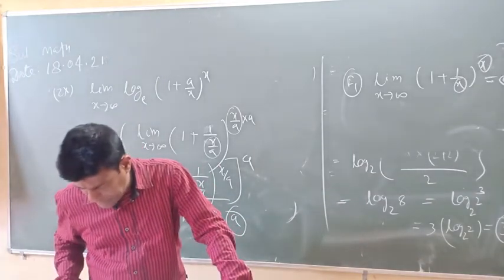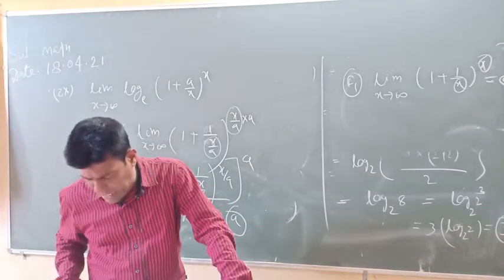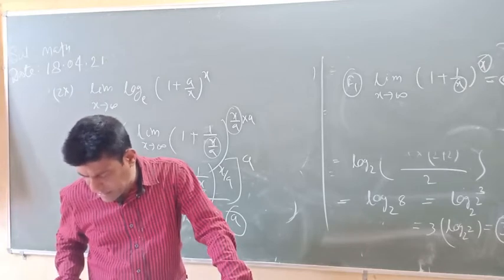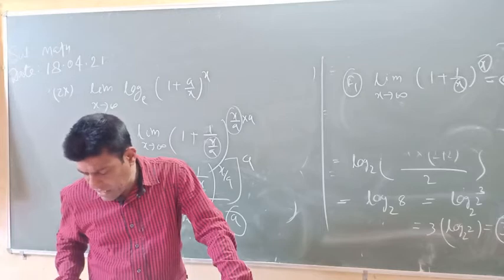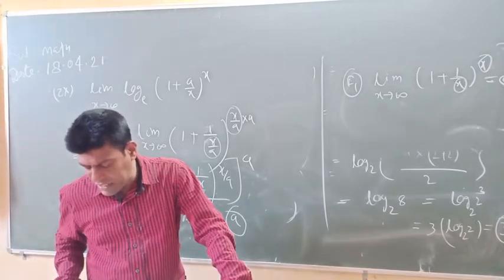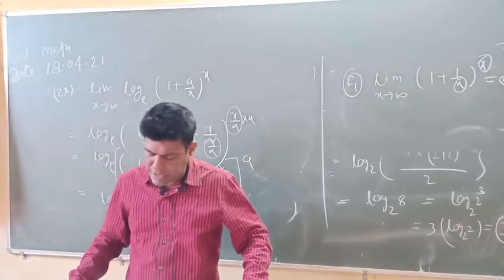Similarly, for x you can do it by taking log e outside: 1 by bx. Here you have multiplied b on both sides. In the power case, 1 by x becomes b by bx. So (1 by bx) whole to the b, so e to the b. The answer is also b. In this particular case the answer is also b.